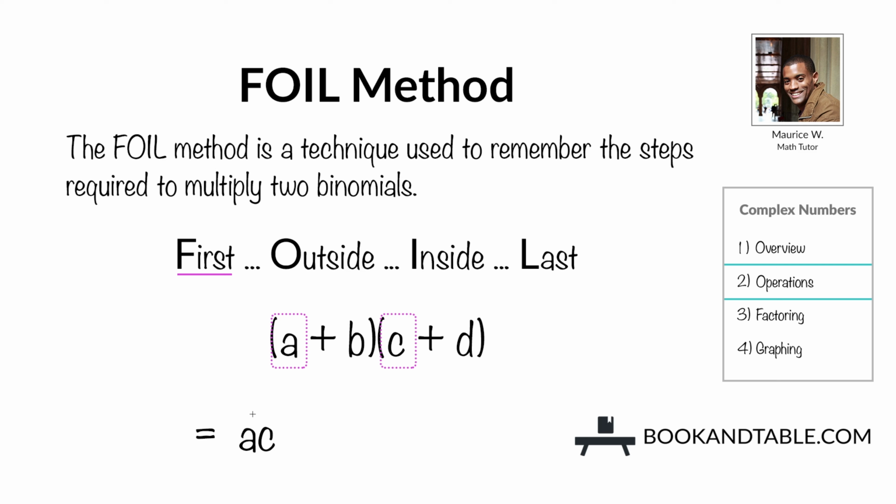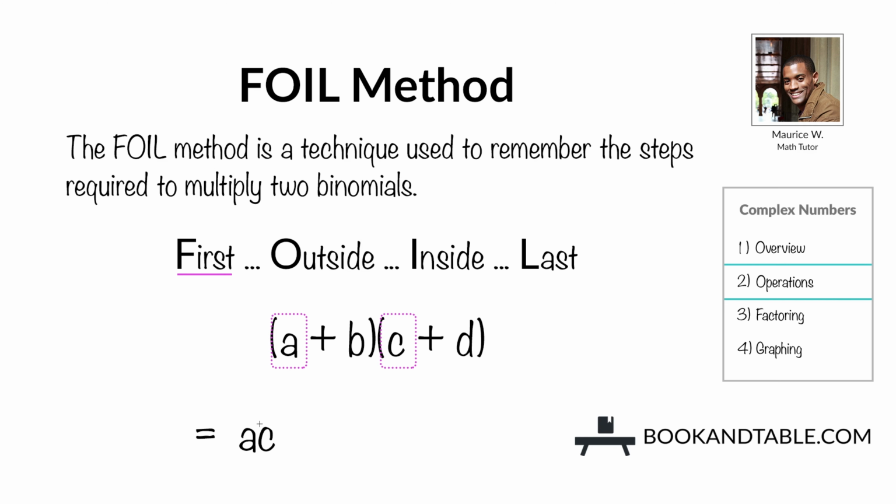So the FOIL method is a technique used to remember the steps required to multiply two binomials. Remember, a complex number is a binomial. So if we are multiplying two complex numbers, we will need to know how to multiply two binomials. So FOIL stands for first. So you multiply the first term in each set of parentheses. So if we had a plus b times c plus d, the first thing you do is a times c,